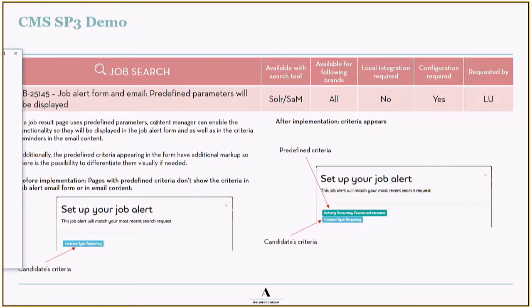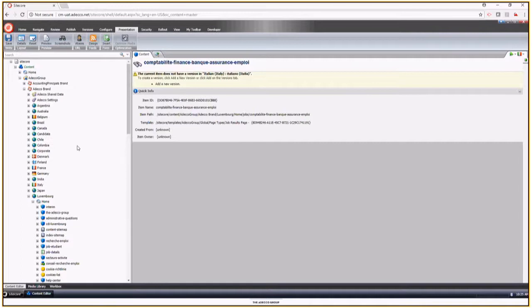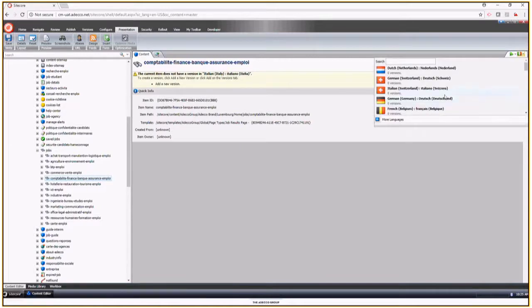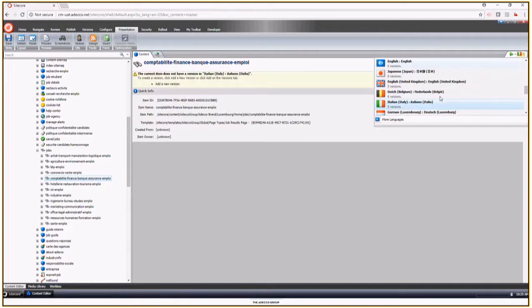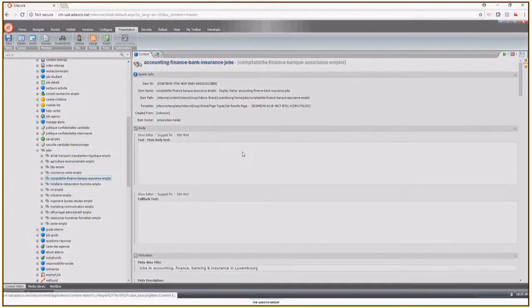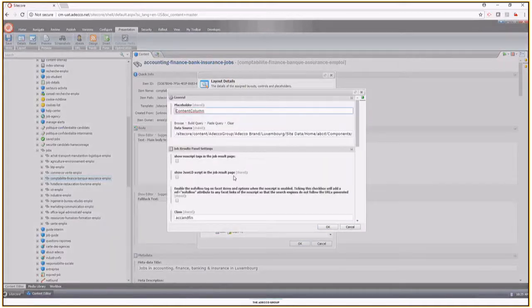Yeah, let me just quickly show this story. So I'm under the Luxembourg node of the Adecco brand, and this is the job page where I have predefined jobs configured. So let me quickly jump to the particular language. Okay, so here you can see that we have a list result control, which is the default job control. Under that, if I go,